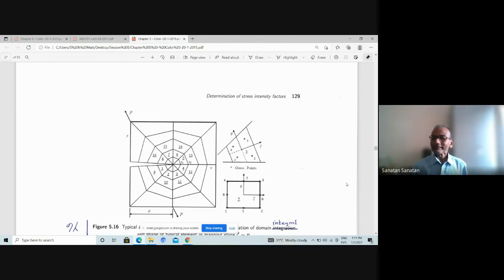See, when I was trying to solve my research problems, many times I came across situations where the solutions are not available easily, or even stress functions are not available easily. So I was also studying the stress function method concurrently. Then I tried, okay, this problem, how can it be solved? With the knowledge of mathematics.